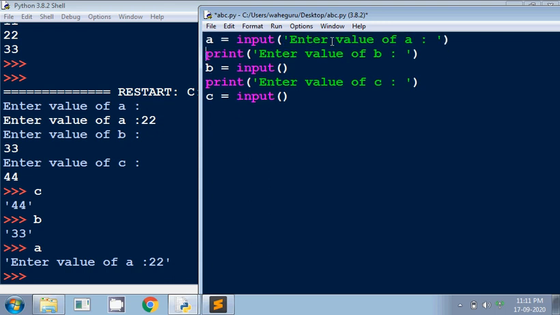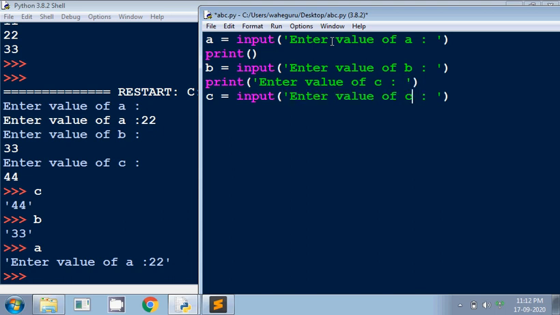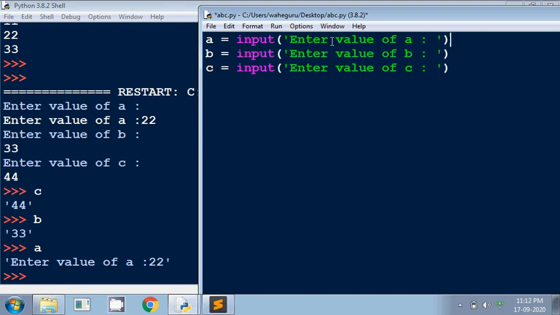Okay, so let me do this for all the input functions. So we can do it this way as well.